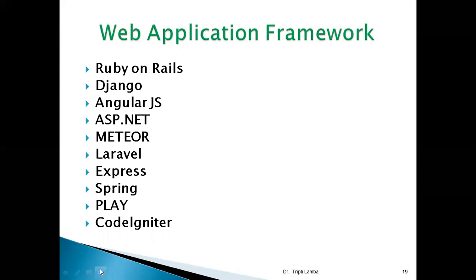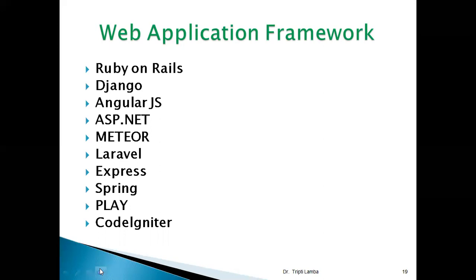It values elegance, simplicity, and reliability. Then you have Express. It provides a robust set of features for web and mobile applications. Then we have Spring. It helps to create simple, portable, fast, flexible applications. It is based on JVM.